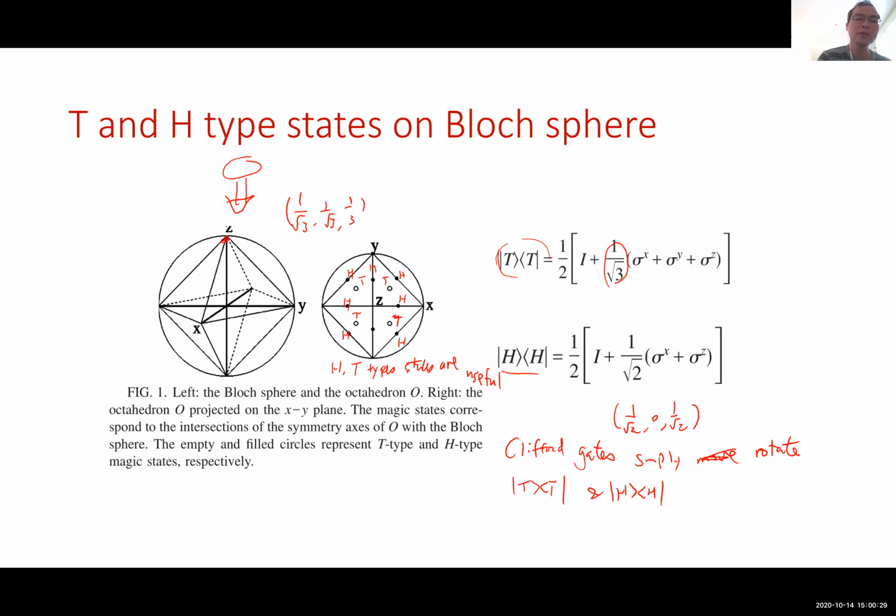There's an octahedron spanned by 0, 0, 1, 0, 0, minus 1, and 1, 0, 0, 0, 1, 0, etc. These 6 eigenstates of Pauli matrices form an octahedron. And the states inside this octahedron are useless